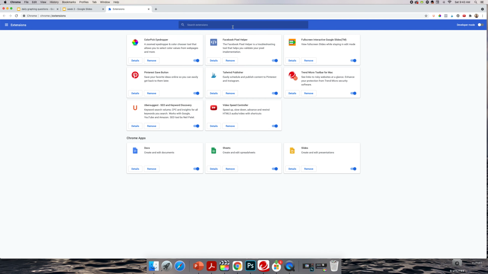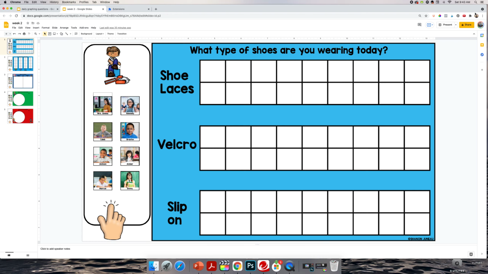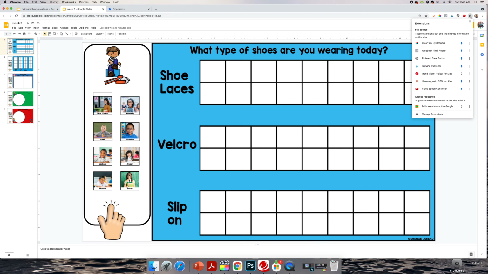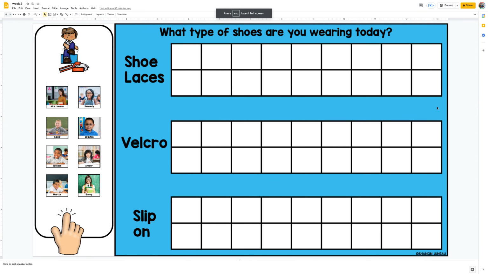Go to manage extensions. I said add-on, it's actually an extension. And you search for full screen interactive Google Slides. You'll find it and you'll click install. Once you have it installed, now you can go back to the extension, click on full screen interactive Google Slides,